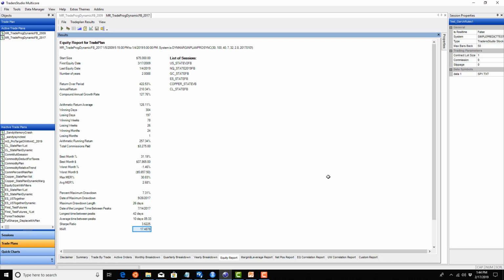This shows the power of combining multiple systems, and the fact that the closest thing to the Holy Grail is to combine uncorrelated systems into one trading strategy using a trade plan. And the best way to do this is in